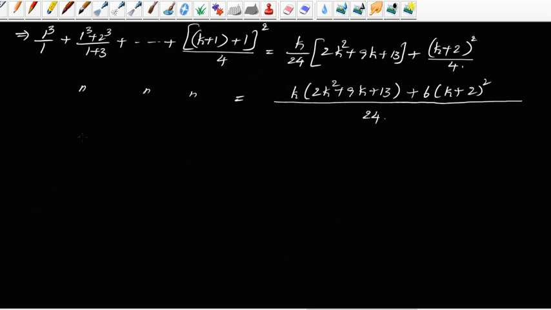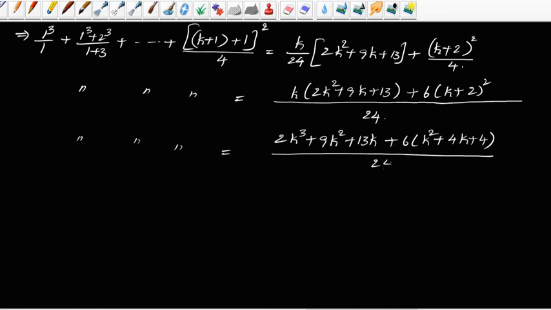Now write down the same left hand side: 2k cube plus 9k square plus 13k plus 6 into (a plus b) whole square, a square plus 2ab plus b square, that means 4k plus 2 square, 4, by 24. Now simplifying this one, we will get